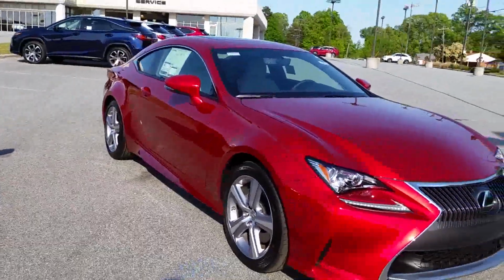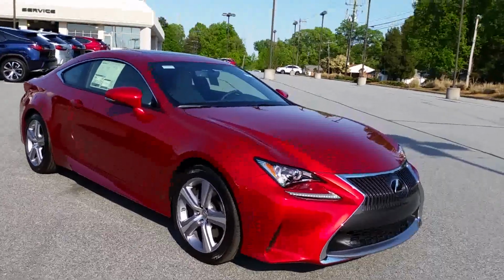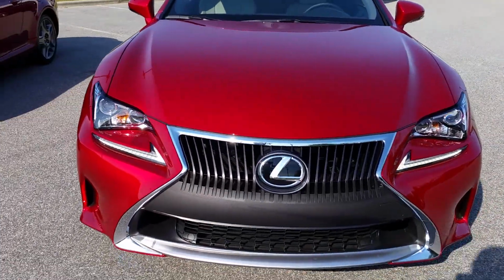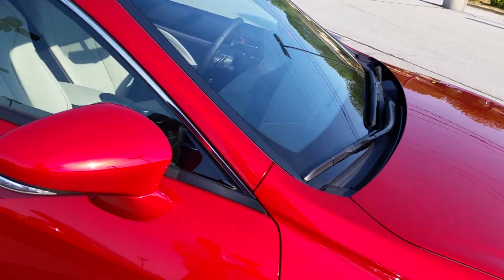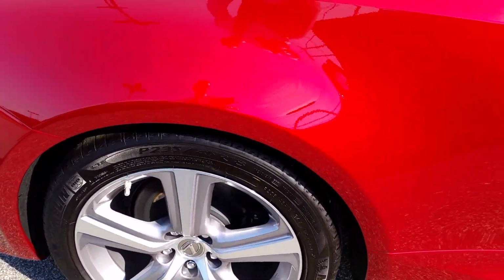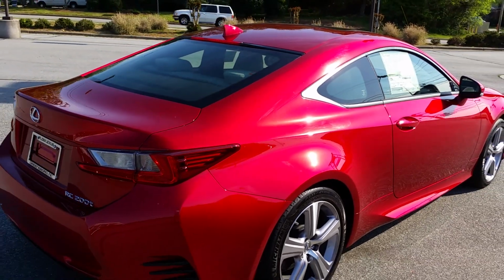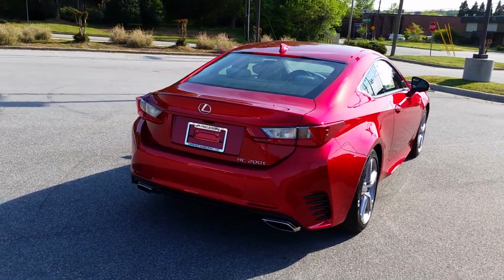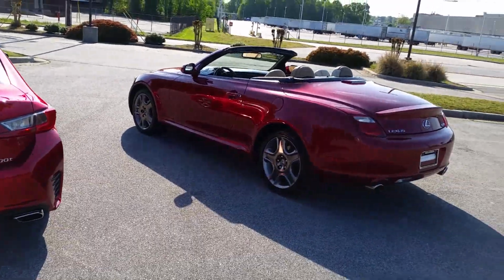Now, you have a 2016 RC200T. So 200 for the 2.0 liter 4-cylinder engine that has a turbo attached to it. The horsepower in this is 241, but where this thing really shines is going to be in the torque department, and that's 258 foot-pounds of torque. Anytime your torque exceeds your horsepower, you're doing something special. That's where you actually feel it really pull you back in your seat. So this is the little engine that could, so to speak, the 4-cylinder,